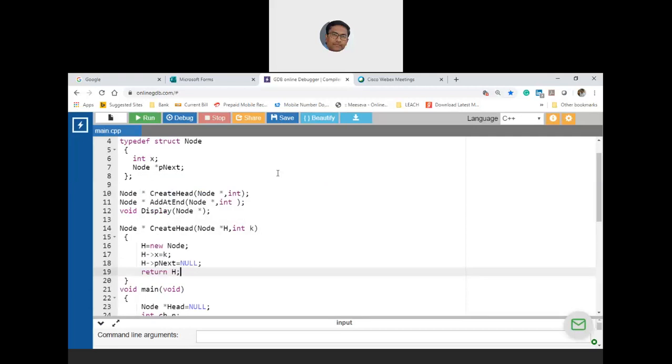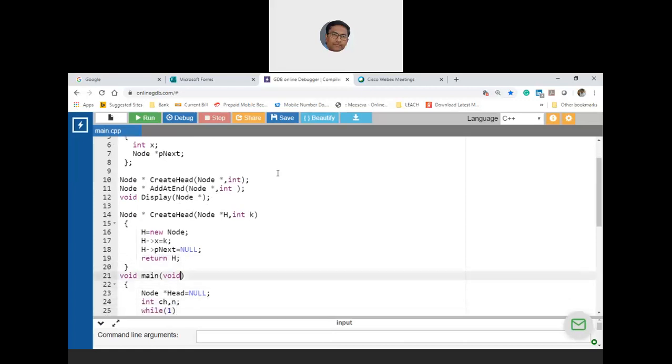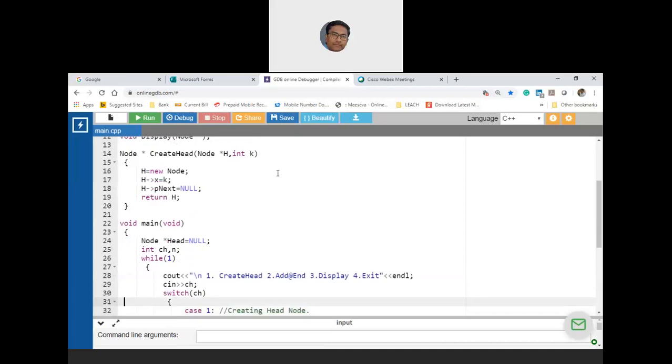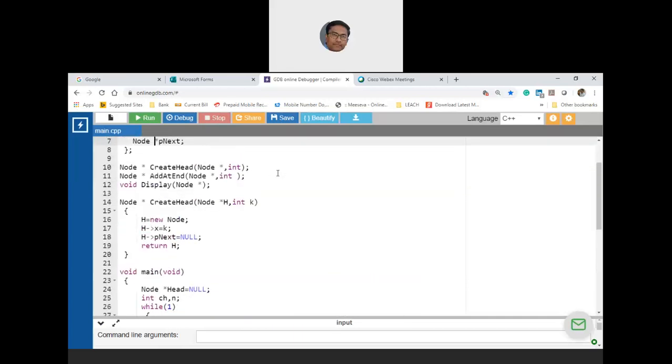Or no? Yes, sir. Okay, once you return h, sir, but there is no need to allocate p next address, sir. P next address is not required. It is a variable, but not of star type.